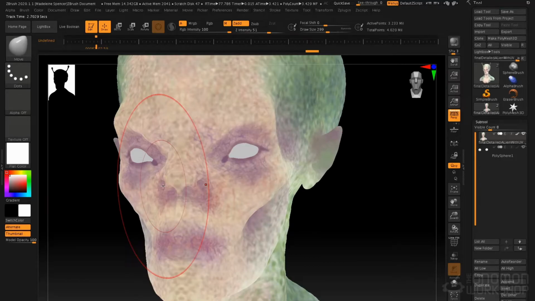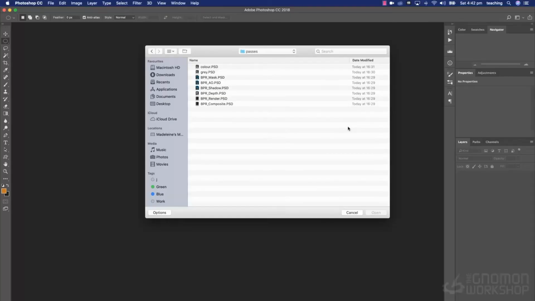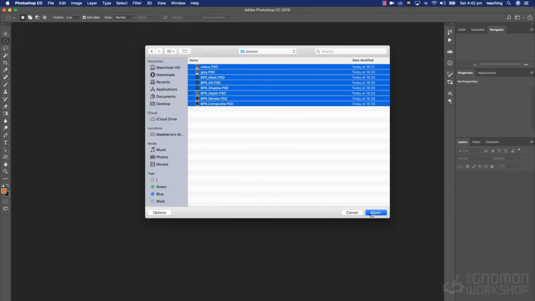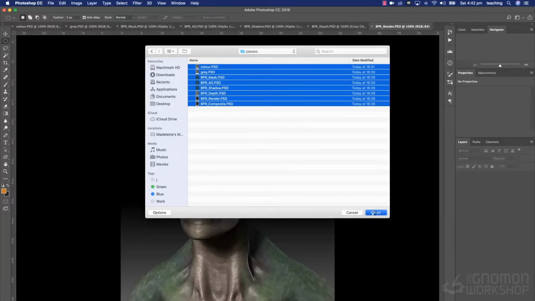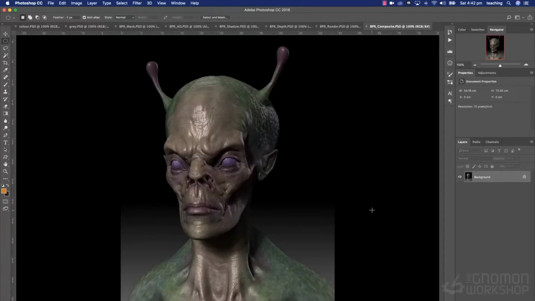So now how do we load these together in Photoshop? Well, let's go back to Photoshop now. Here we are back in Photoshop, and you see this is the passes folder where we saved out all of those passes. What I'm going to do is open them all at one time and explain. Make sure all of the images are the same format, because I'm going to run a script in Photoshop that needs them all to be the same format